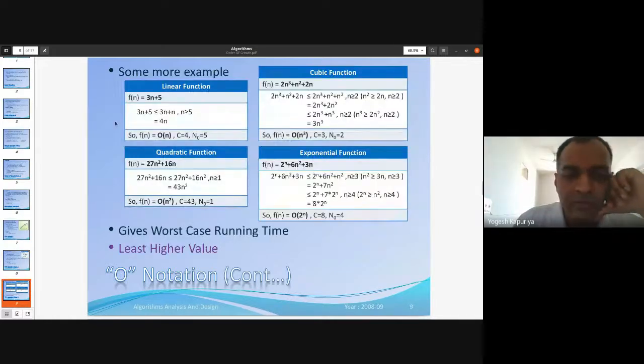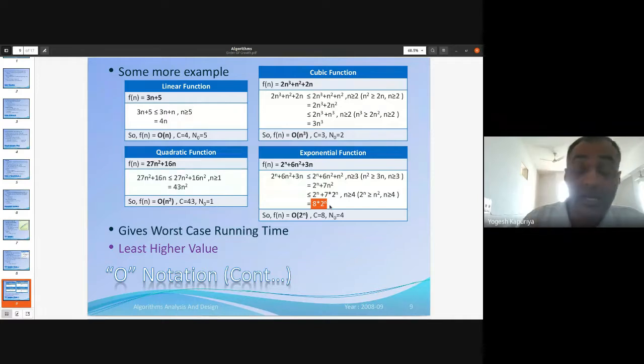For doing that, what you are supposed to do is convert the lower order term into the higher order term. But while replacing that lower order term with the higher order term, you have to check the value of n. It has to be some lower bound, after which this condition is always going to be true. That is the only thing to be observed. And you keep on doing this till you get the highest order term. So here also you are getting the highest order term, here also, and here also.